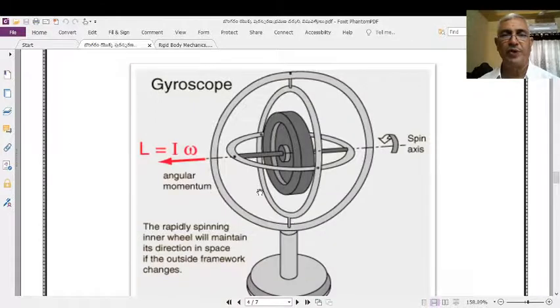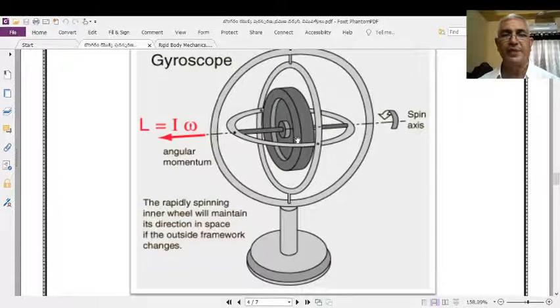Of course, you can view this from the other side also. This is our rotor, the spinning disc. This is the axis. This axis is connected to this gimbal, this circular frame, and this circular frame is again connected to this circular frame, and the final circular frame is tightly held with the outer frame, the original frame of the gyroscope.